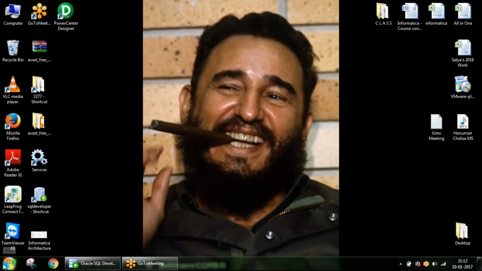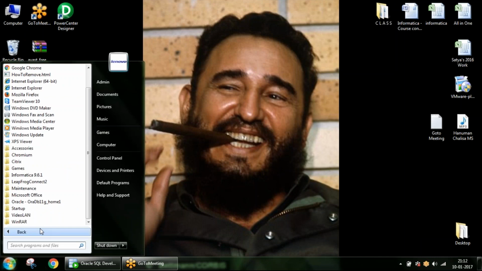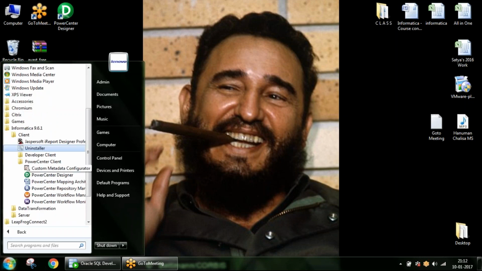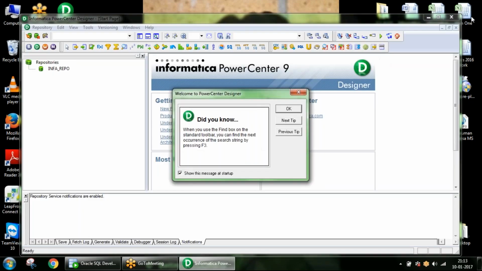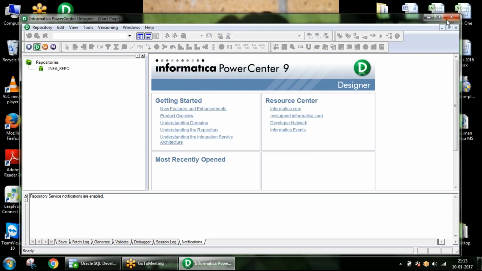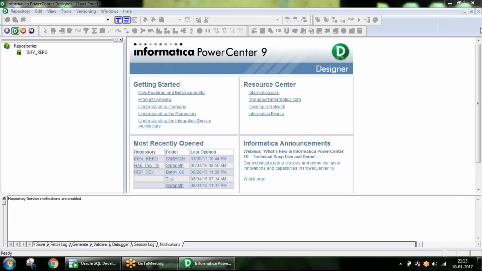Okay. Now, yesterday we discussed Informatica architecture, the purpose of data warehousing, where exactly we are using Informatica, and what PowerCenter is. Now we start with our first class today, that is how to create mappings and everything. I have opened the client tool and this is our repository.